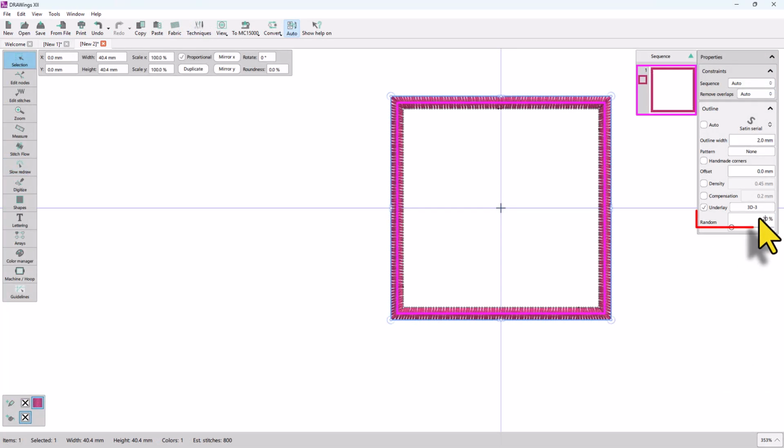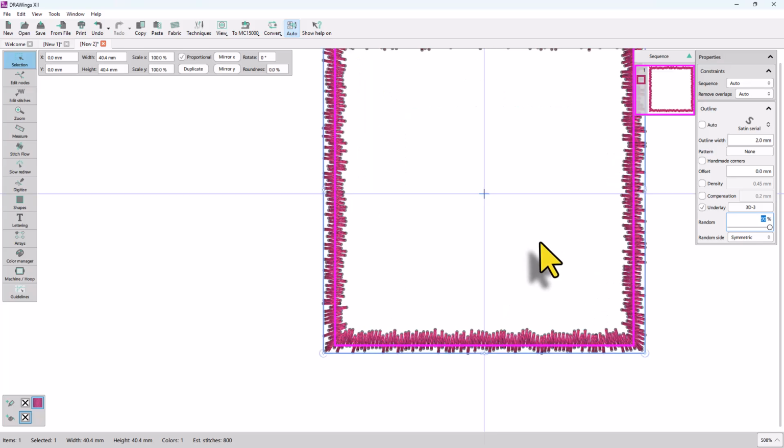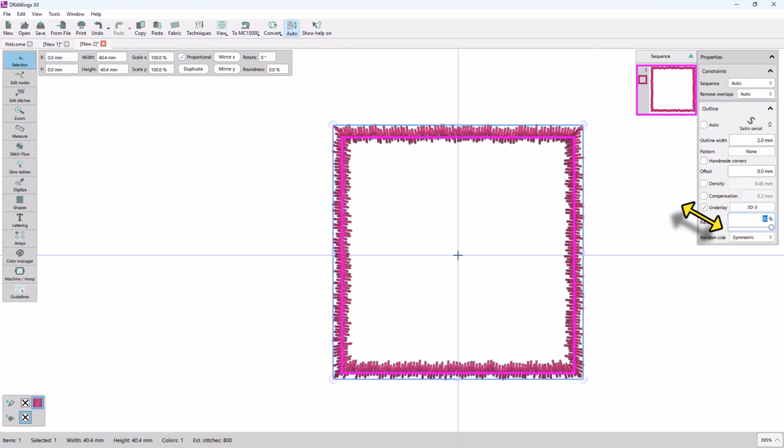Finally, by defining a random percentage, you can create a random stitches effect. This percentage value defines the difference between the random stitches and the original outline. It may take values from 0 to 90%. When defining a percentage value, there is an extra option, random side. Using this one, you can select the sides at which the random stitches will appear, and the available choices are: